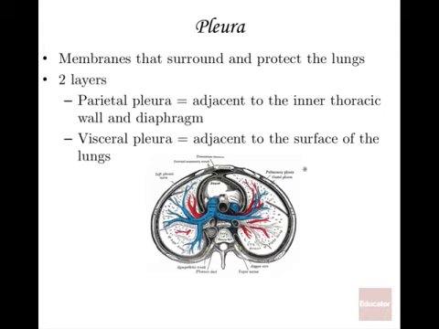So whether you call it costal pleura or parietal pleura, it's adjacent to the inner thoracic wall and the diaphragm, which is the muscle right below the lungs, or inferior to the lungs. The visceral pleura is the one that's right on the surface of the lungs. So that is adjacent to the more superficial part of the lungs. We can call that the pulmonary pleura. Remember the word pulmonary, we went over this in the heart lessons, or blood vessel lessons. Pulmonary always has to do with the lungs. So instead of using the term visceral pleura, you might see it called pulmonary pleura in certain textbooks.